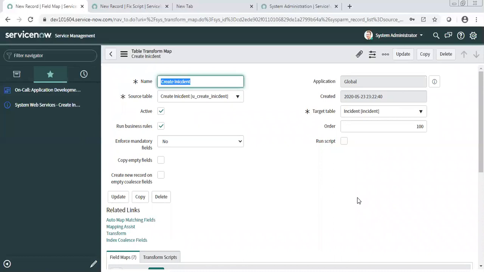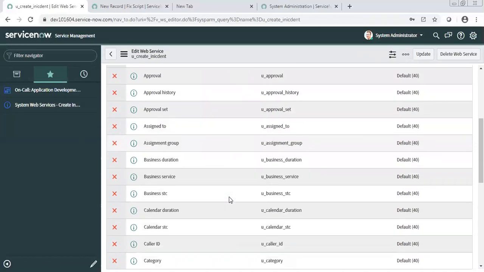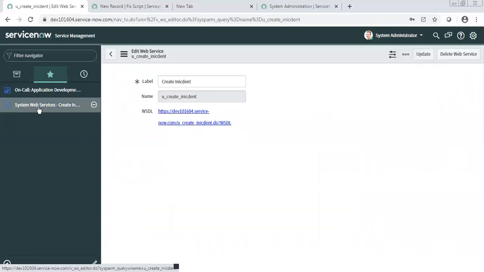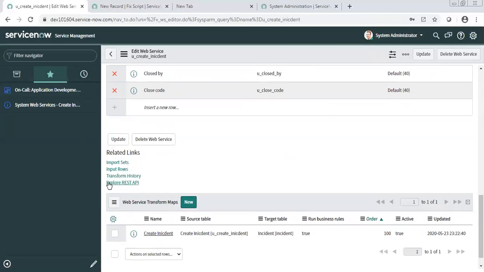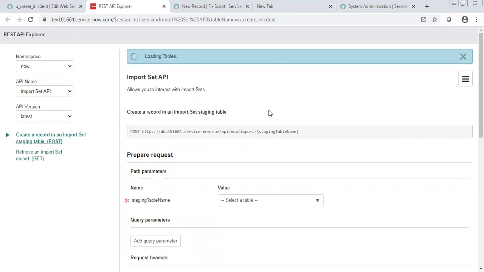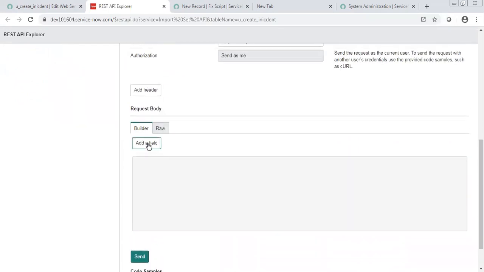Okay. Now once you are done with your service, you need to publish your API. Publishing means sharing a credential and endpoint, so the URL. When you go to the web service we created through System Web Services, you will again find the option REST API Explorer. You can click on that, and from here your table will be selected automatically, the same import set table. Then again, you can create your